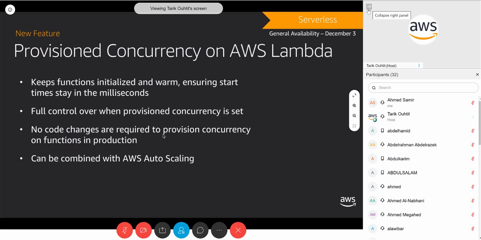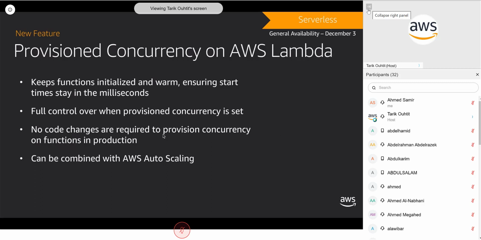Functions with Lambda is the next iteration of that. Taking that size, that bit of compute, down to the smallest level. So you're able to take your functions and deploy them into AWS. And we're going to go through, and I'm going to show you a demo of doing this in a second.